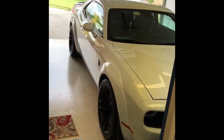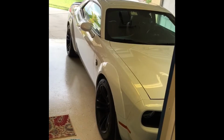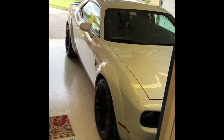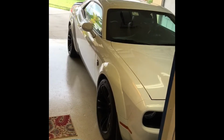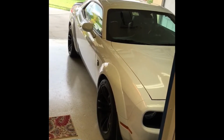Spectacular view that I'm greeted with now when I go into the garage. I had to pinch myself half the time because I can't believe it's true. I never thought in my lifetime I'd get a chance to have an 800 horsepower beast. I'd always wanted a 1970 Chevelle 454, but I was never able to get one. And unfortunately, after losing my wife of 30 years, spending too much time depressed and moping around the house,